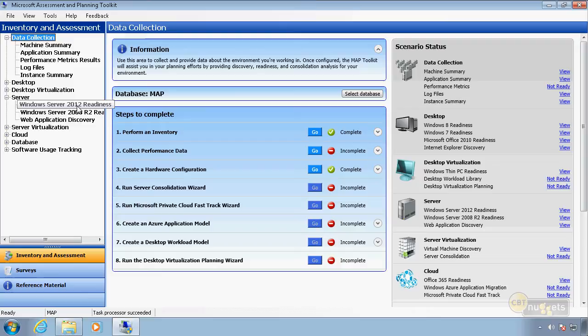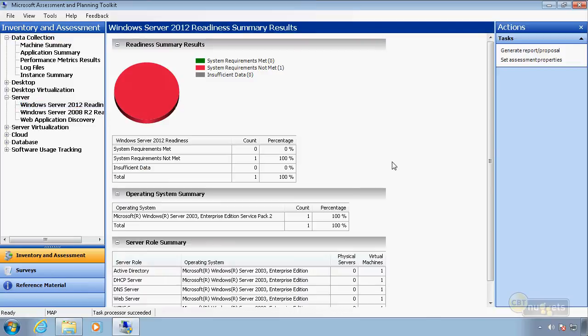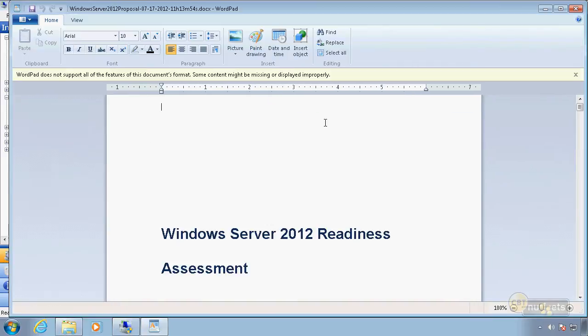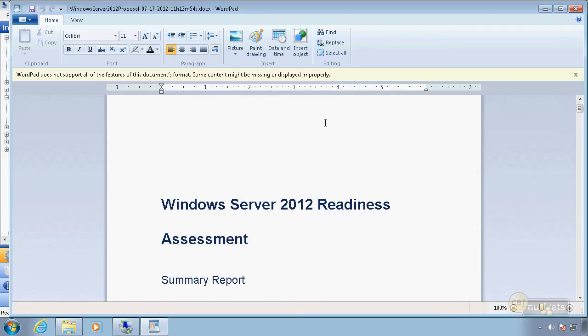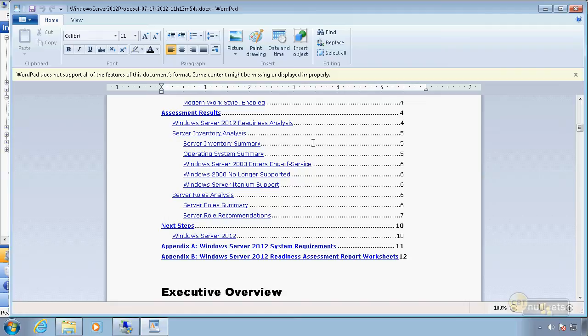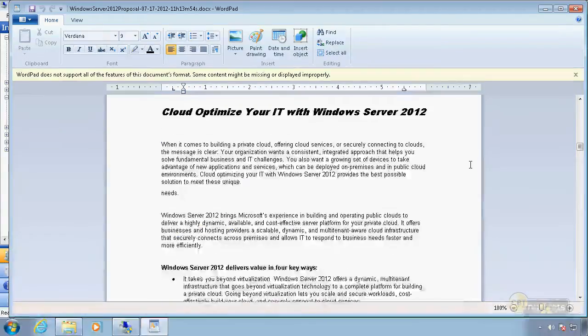But I went ahead and did a collection, and I had a Windows Server 2003 computer on the network. We see that the system requirements are not met there because I haven't even looked at the results yet. But there is a folder where all the results are recorded, and if I double-click on this to open it up, it can open up in WordPad or Microsoft Word if I have it installed, and then it gives me all of the different results, whether or not it was compatible, what the problem might have been. I haven't even looked at any of these. Let me go ahead and click on one of these, and let's just go to page 4, see what it told me.